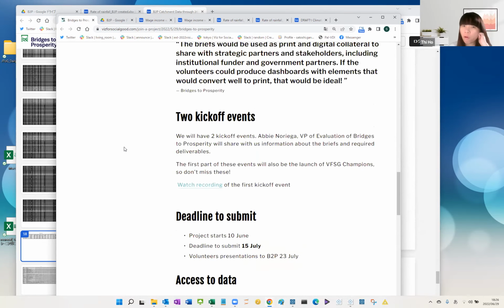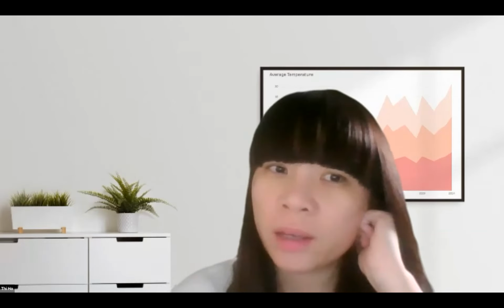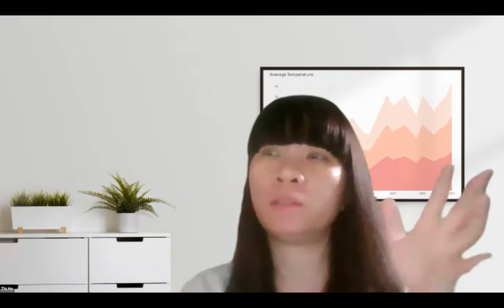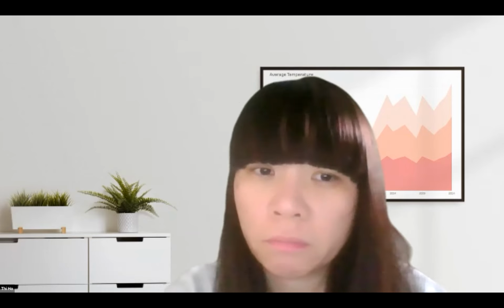So there are 4 briefs. Do you think it's okay to combine them in just one visualization, or does each of them have to be a separate visualization, for the smaller data sets? I'm not sure.